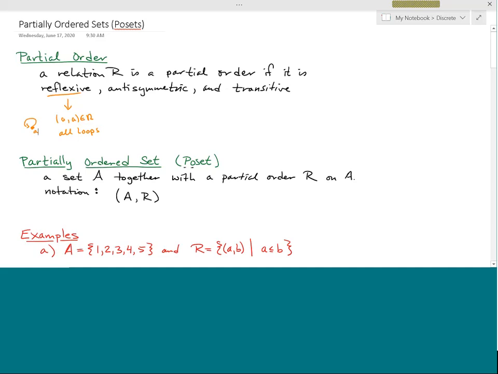Now, anti-symmetric, this is the one that in the picture representation, if you have two different elements from your building set, you can either have no arrows between the two different elements, or if you do have an arrow between the elements, there is exactly one arrow. You're not allowed to have the arrows going in both directions. Okay. And then transitive,